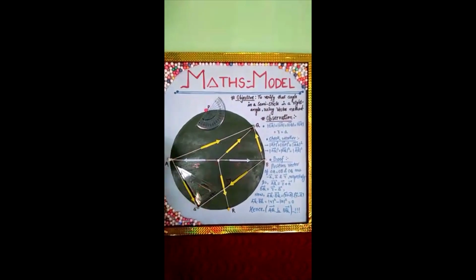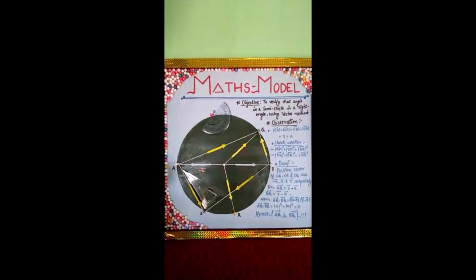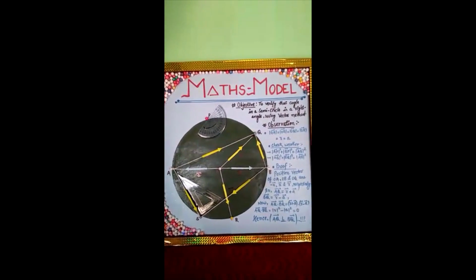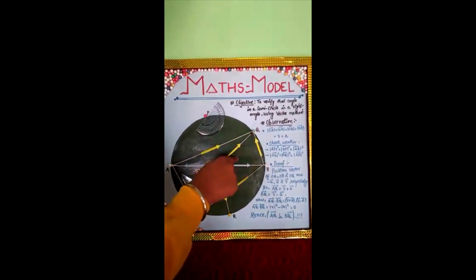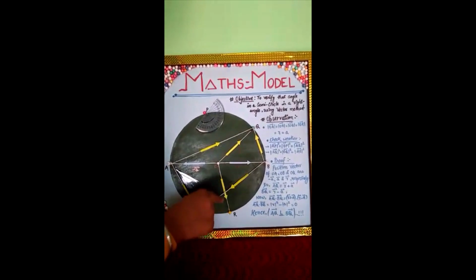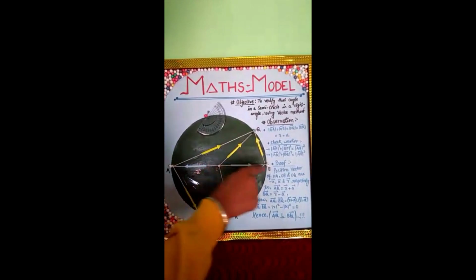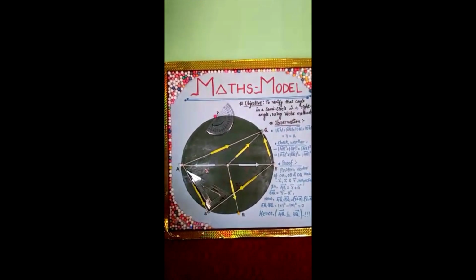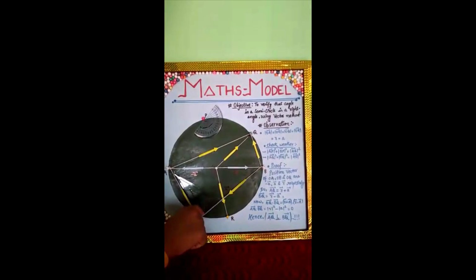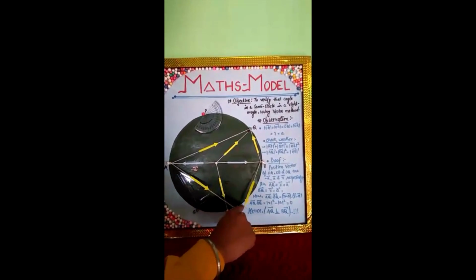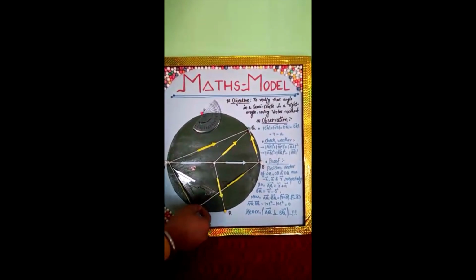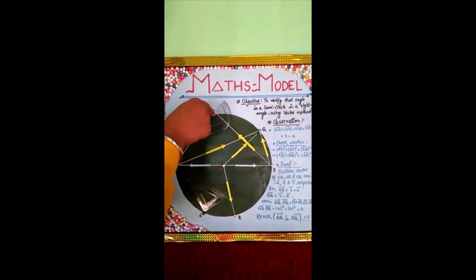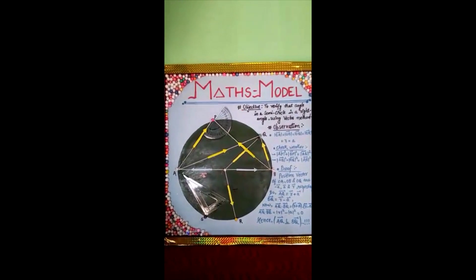I have drawn a circle with center O and diameter AB. I have taken some points P, Q, R, S on the circle and connected the center with Q as position vector R, with R as position vector P, with B as position vector A, and with A as position vector minus A. Now we can measure the angle through this movable thread. It comes out to be 90 degrees. Taking any point in the semicircle, we can find the angle in the semicircle is 90 degrees.